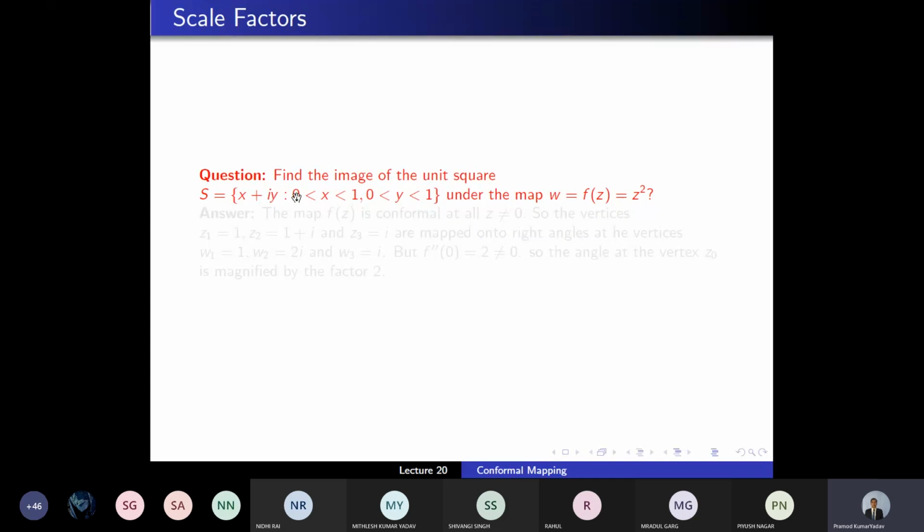It means when x equals 0, then u will come minus y square and v will come 0. But when x equals 1, then u will come 1 minus y square and v will come 2y. So with the help of these, we may get a relation in terms of u and v. And if you have a relation in terms of u and v, it means you know the picture of that one.